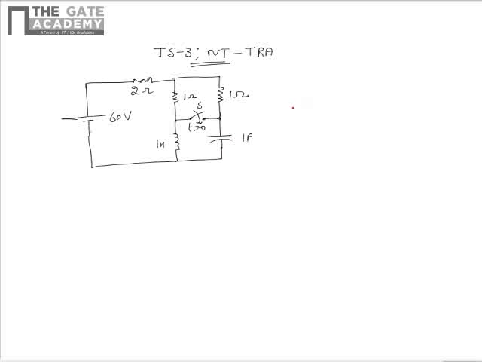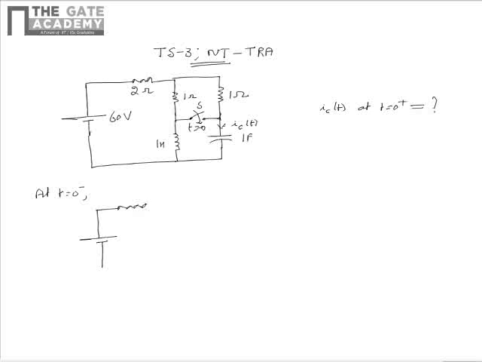As per the problem, we need to find the current through the capacitor, that is IC of t at t equal to 0 plus. So from the given data we can see that the switch S is closed at t equal to 0. For finding IC of t at t equal to 0 plus, let us analyze the circuit first at t equal to 0 minus. At t equal to 0 minus, the circuit would have reached the steady state, so the